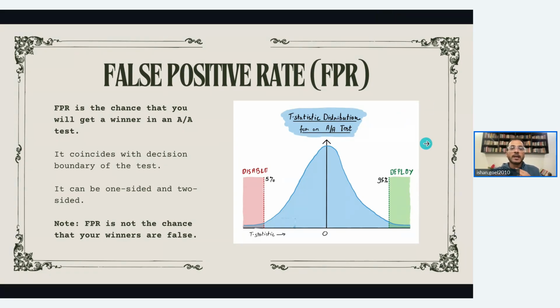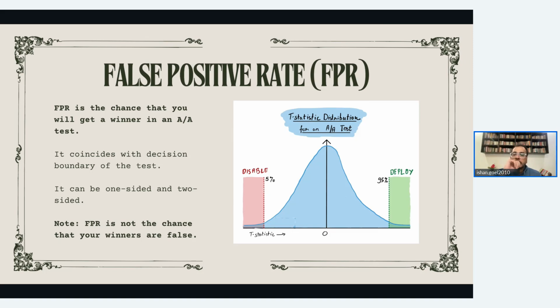False positive rate, how do you define false positive rate? FPR is the chance that you will get a winner in an AA test. So if you run an AA test, what is the chance that you will get a winner in that? And what I mean by AA test is not strictly an AA test, but any time that there is no impact on the target metric. So if I make a change and there is no impact on the target metric, then it is practically an AA test. And there is an FPR percentage chance that I'll get a winner